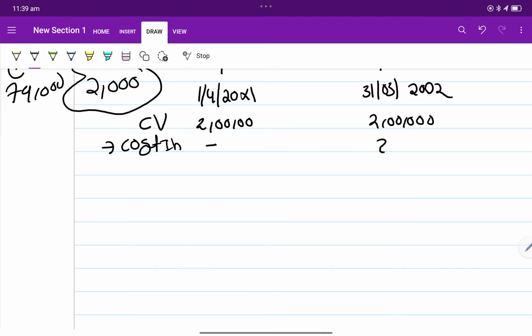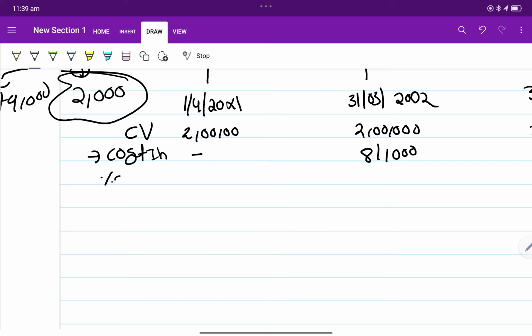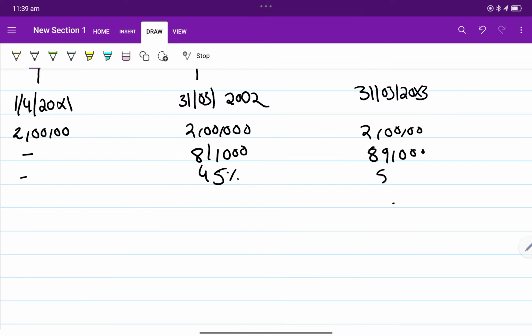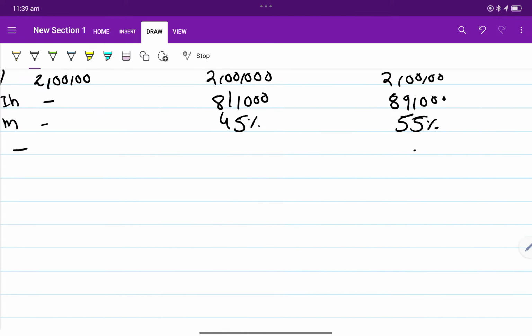First year they have incurred 81,000 rupees. In the second year they have incurred 89,000 rupees. In the question they have given the percentage of completion also. How much in the first year? 45% is completed, and in the second year 55% is completed. So now they are asking about the extract of